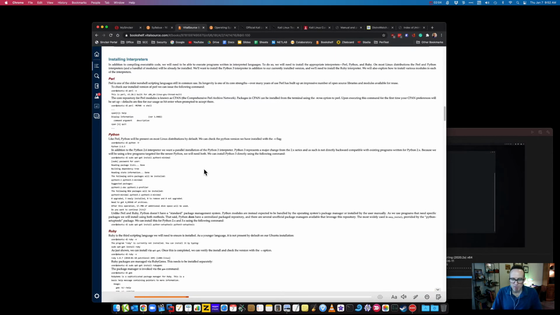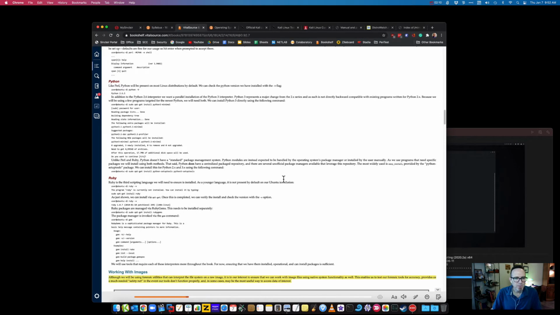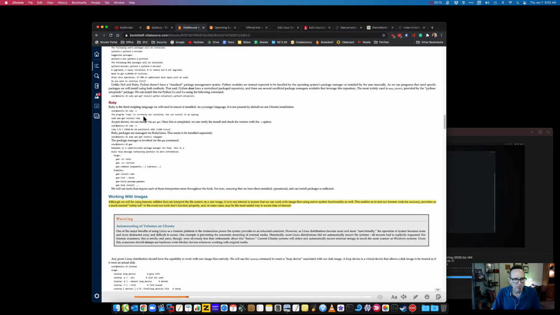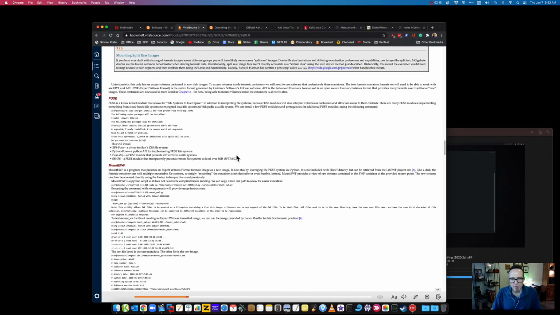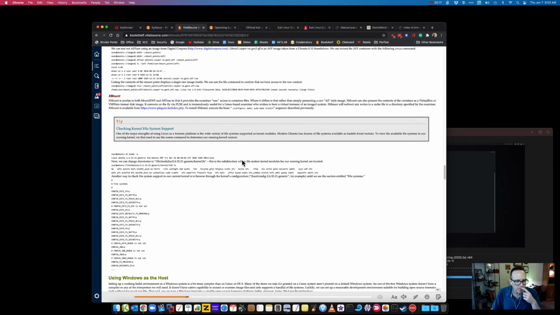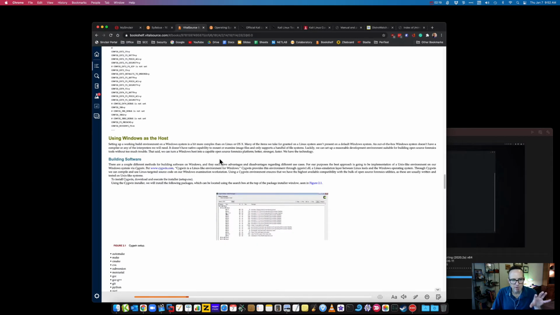Python and Perl, I believe, are already installed. Even on my Mac, you get those already installed. Linux already has those installed and so on. Ruby, if you need it, you'll install separately. So this chapter doesn't really have too much to offer, but the idea behind this is the second part is